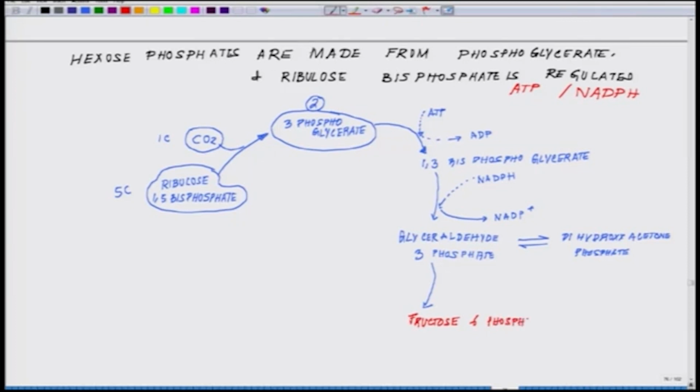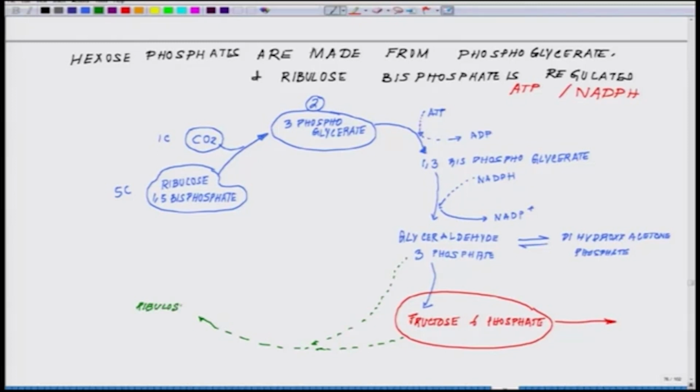So, when you talk about fructose, now we are talking about sugar, and if this molecule polymerizes further, this is not part of the cycle, then what we talked about, the formation of starch and sugar, we will come to later on. So, fructose 6-phosphate; there is another pathway by virtue of which from glyceraldehyde 3-phosphate, through a series of enzymes, we will come to that later, it could form what we call ribulose 5-phosphate,